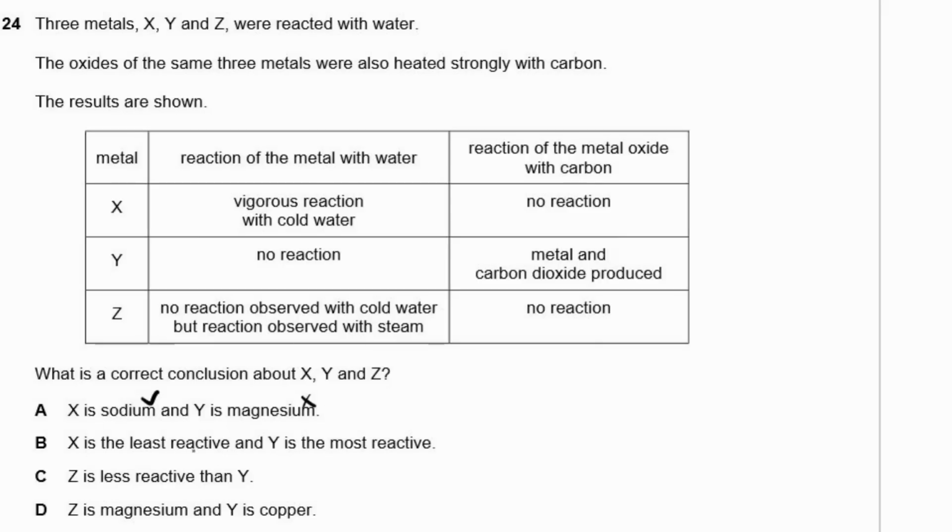So X is the least reactive and Y is the most reactive. Well, if it was the least reactive, there wouldn't be any reaction with water, let alone cold water. So that doesn't make sense. And Z is less reactive than Y. Z, no reaction observed with cold water, but there is a reaction observed with steam. But if we look at Y, there's no reaction with water at all. Makes me think that no, it's not